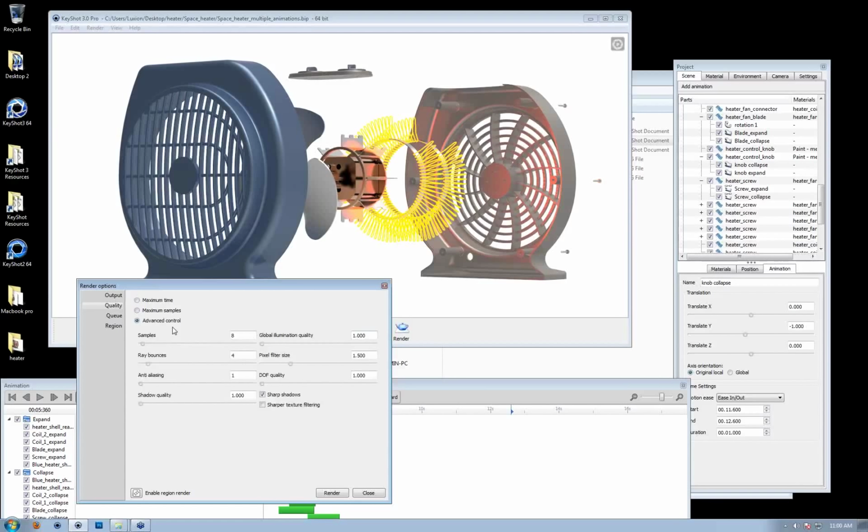Then advanced control is kind of the old-fashioned offline render, as it's called, and it'll produce really good quality, and you won't notice flicker. But in order to really not notice flicker, you have to make sure you have enough global illumination quality. So you might even have to bump that up to around 3 if you're going to try to use that. So if you're